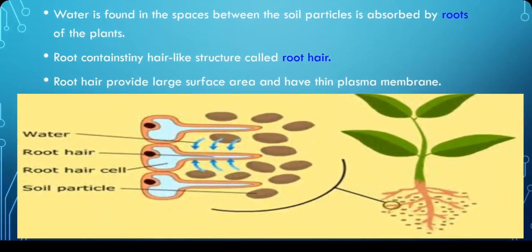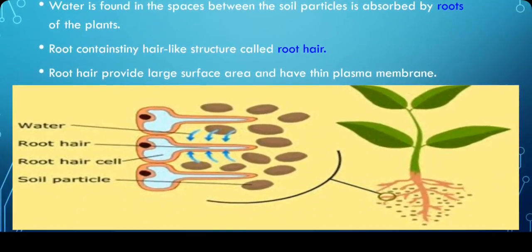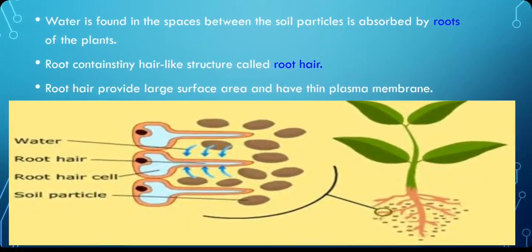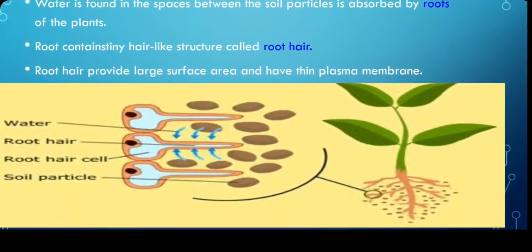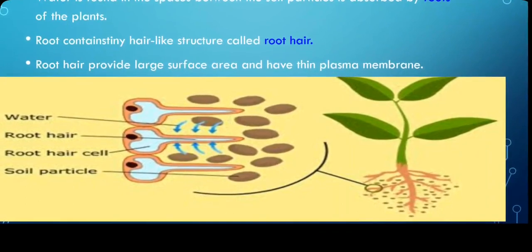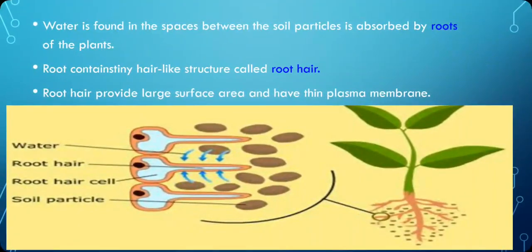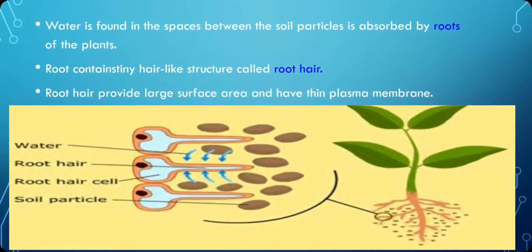Water, as you know, plays an essential role in the growth and survival of plants. It helps in the absorption of nutrients, and in the process of photosynthesis it is really important. Different chemical reactions take place in the cells for which water is needed as a solvent. Water is found in the spaces between the soil particles. The roots are the region which is in direct contact with the soil. So in the soil, water is there. You know it very well.